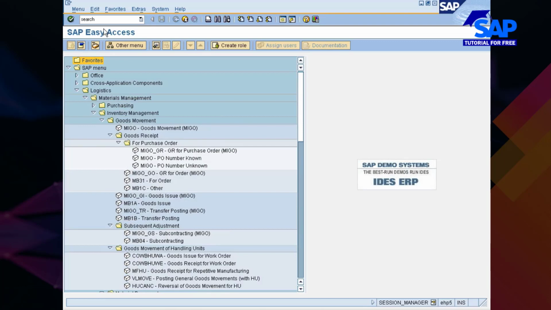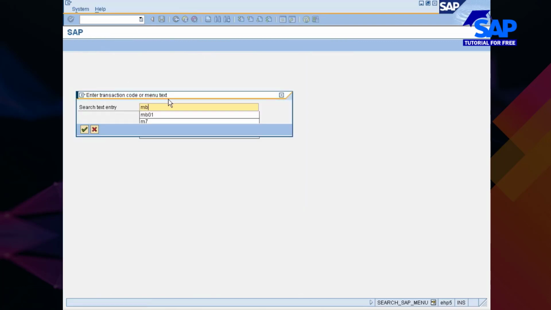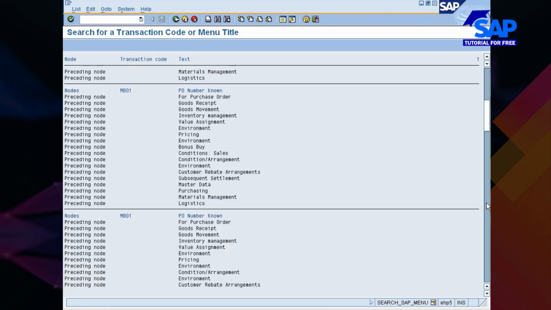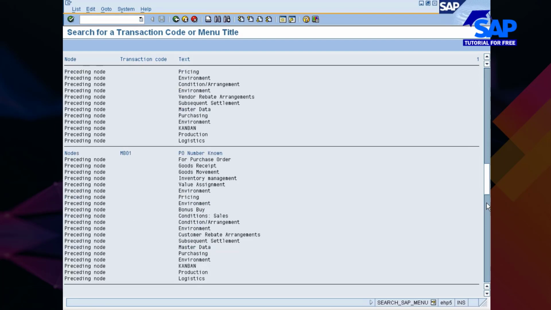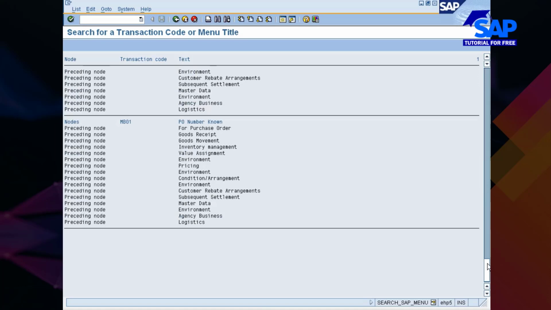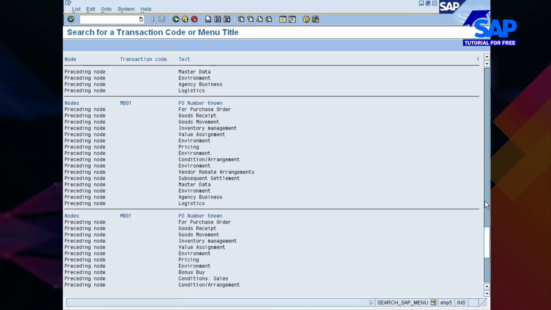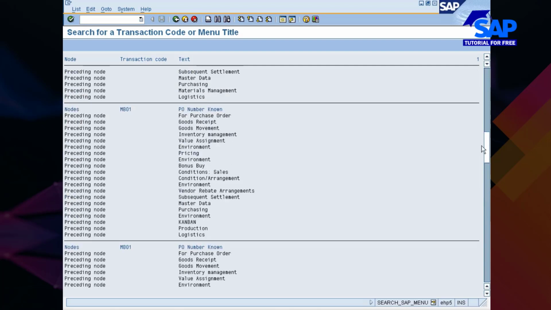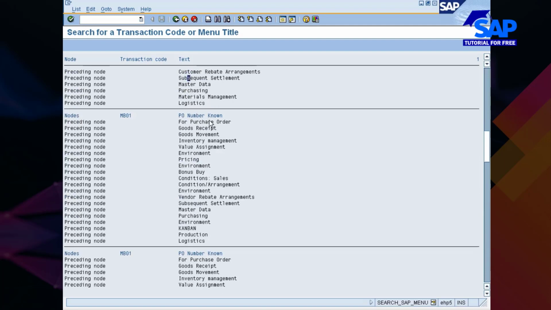Search SAP menu. MB01 is the transaction code. You see here, it's somewhere here. I'm trying to find out the shortcut way. Logistics, materials management, purchasing, master data, subsequent settlement.